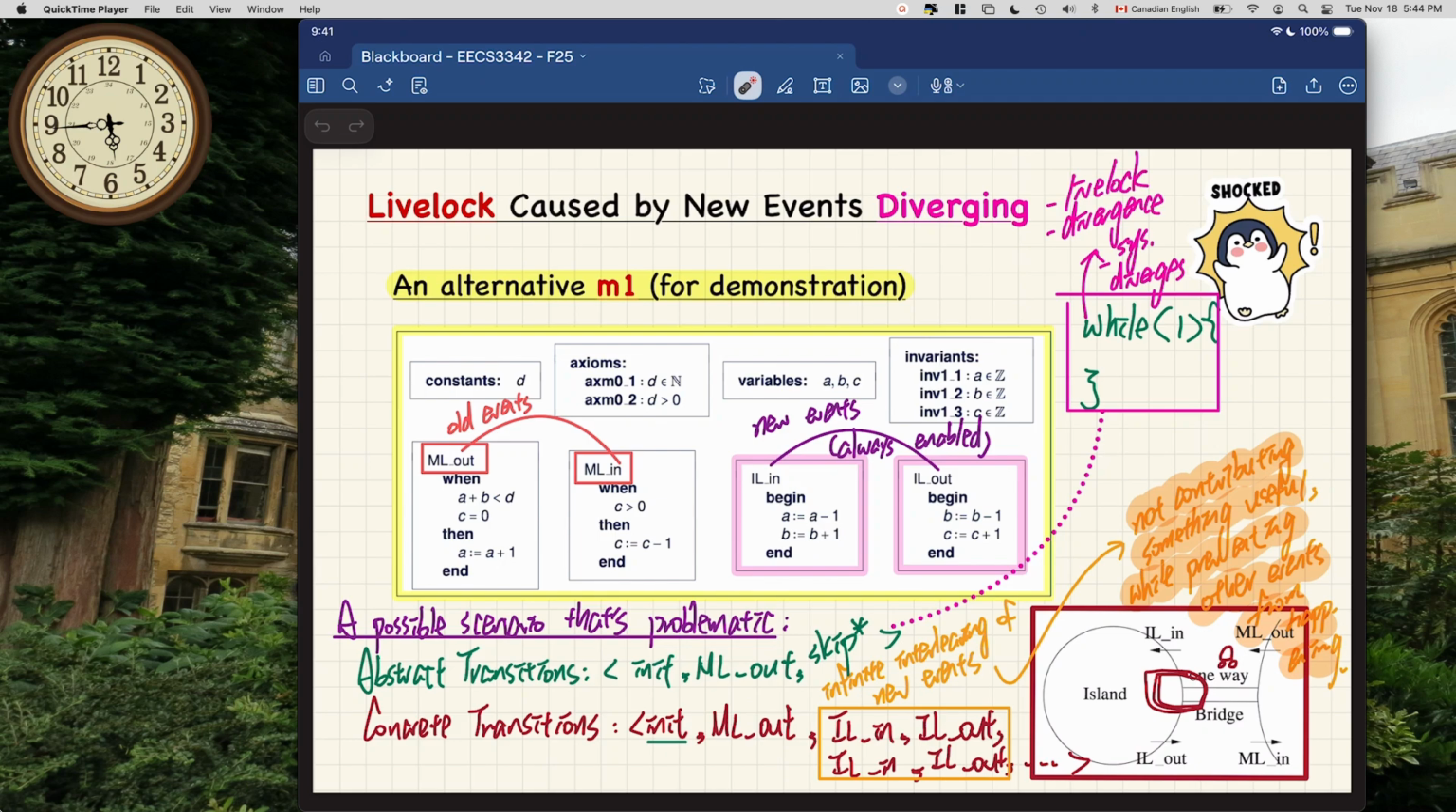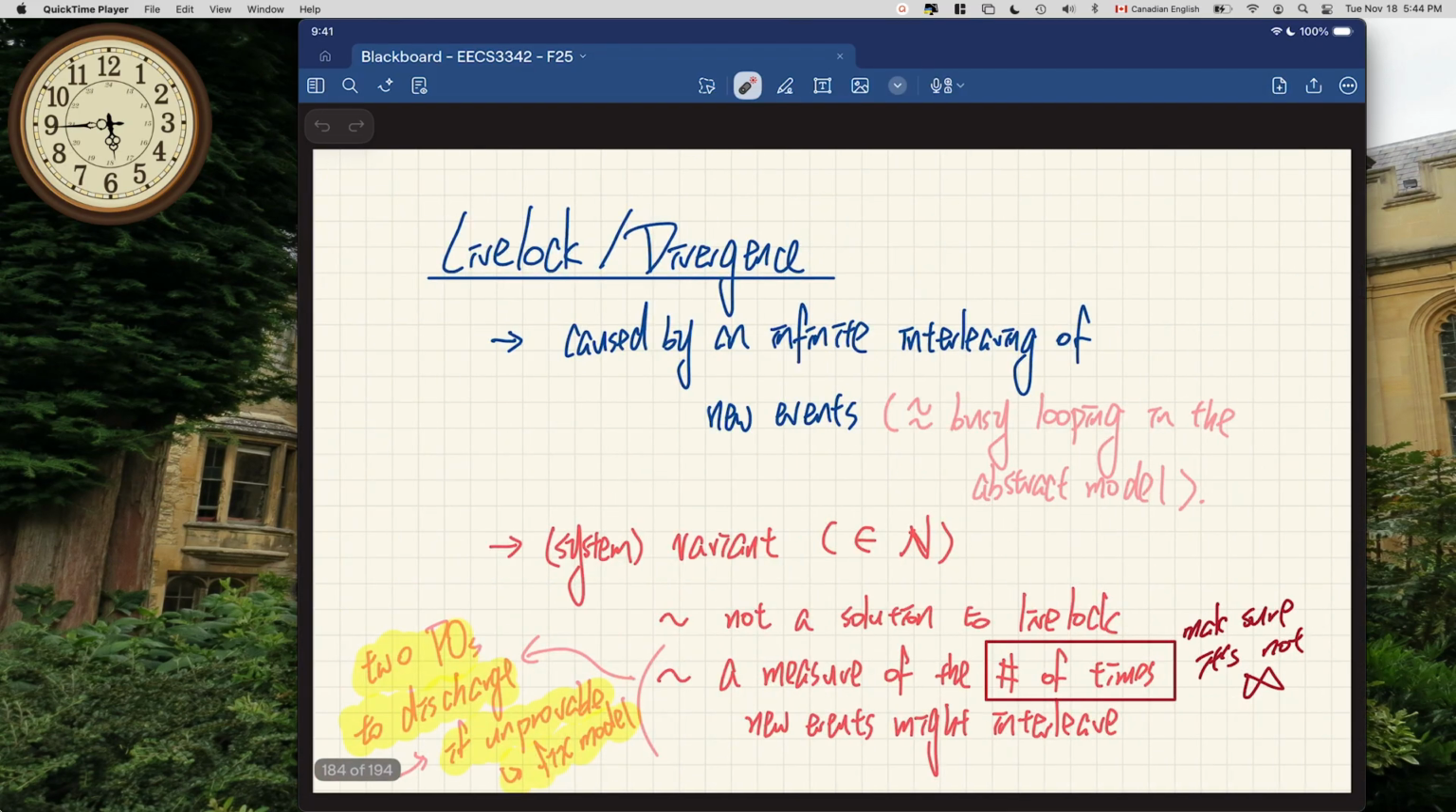All right. Any question just about the intuition about livelock? Okay. Just remember, it's only caused by new events interleaved indefinitely. And we briefly mentioned that that's about infinite interleaving. And we're going to talk about something called variance. Okay? The variant is going to be something I'll talk a little bit more about. So the variant that we're going to talk about mainly in at least the first half today